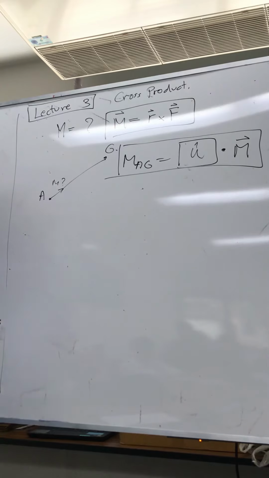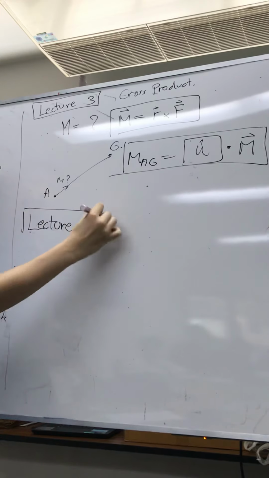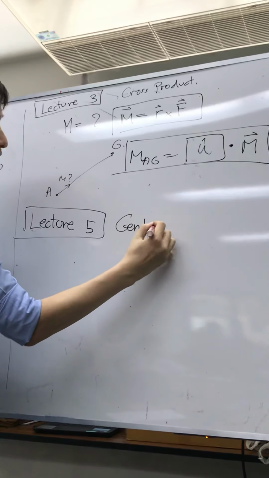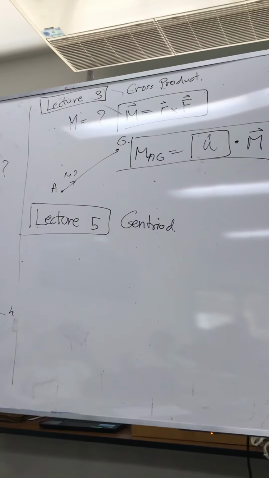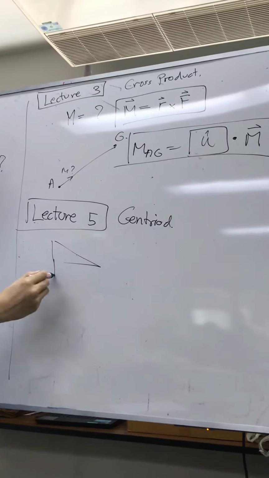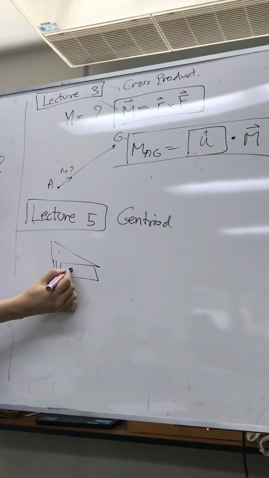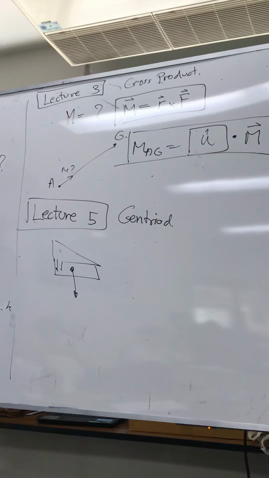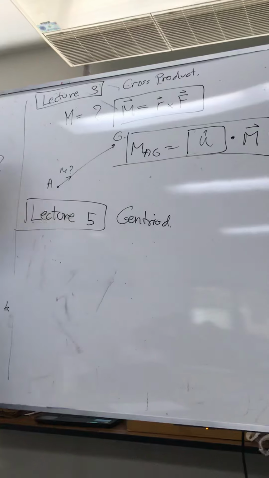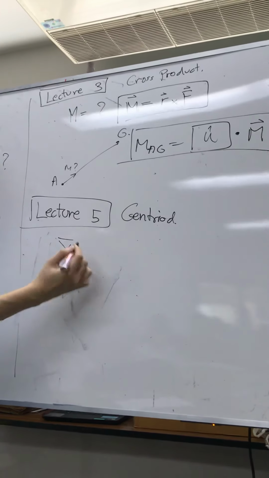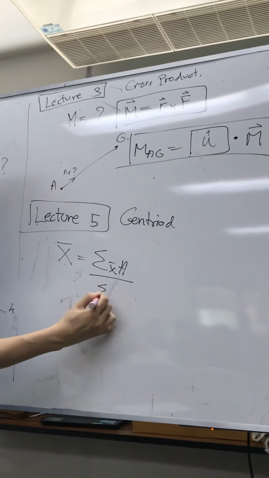So the last chapter of the statics, lecture 5, as promised, the centroid. The last one, I think, is just pressures, right? Last one is some kind of pressure, and then you have to find the force by these pressures. But this one will be centroid. So first, x bar equals sigma x times A